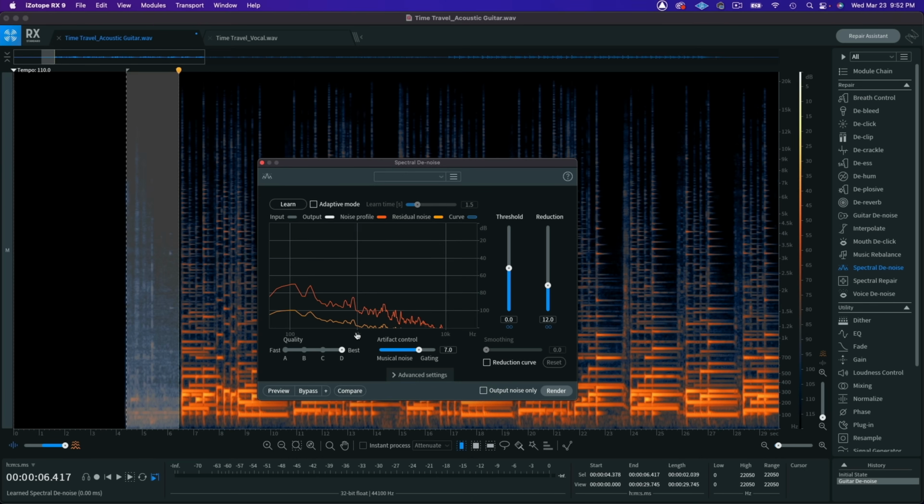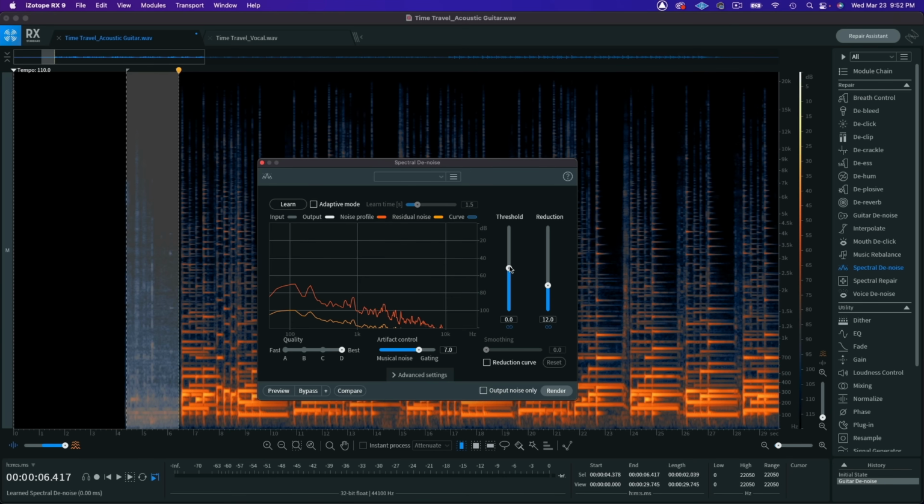From here, there's a couple other settings that you can tweak. Quality, all the way on the left, is going to be the lightest on your CPU and the fastest render time. All the way on the right is going to be your best quality algorithm. This is going to take a little bit longer to render, but I think it's worth it, especially if you're using it in standalone mode and not in real time.